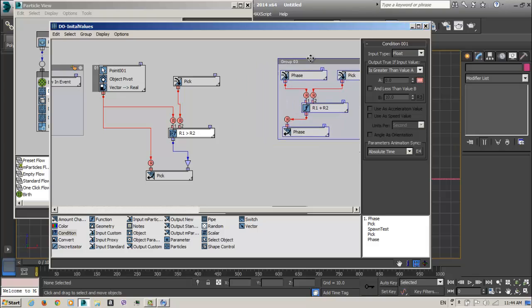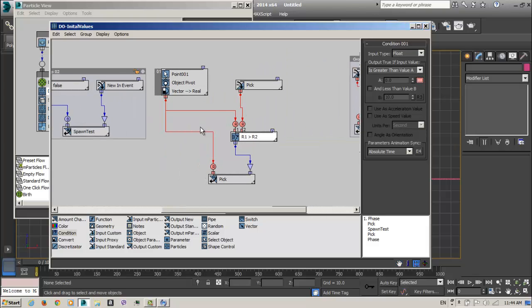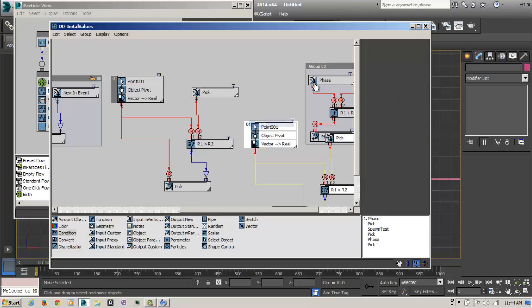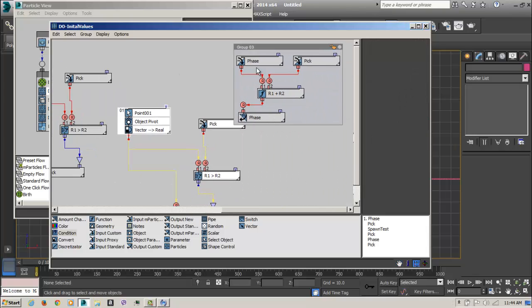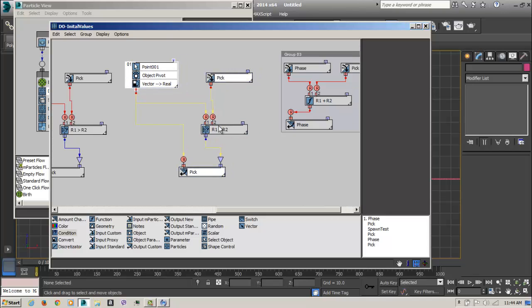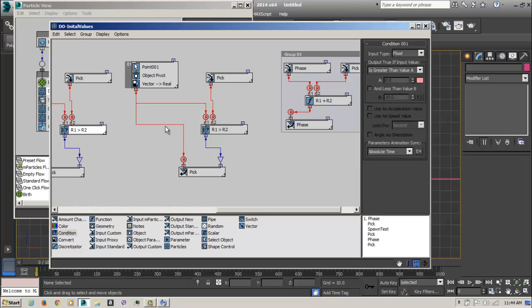Okay, so if it's not greater, don't do it. And I select the whole stuff here, copy and paste here, and delete it. So what if it's less?